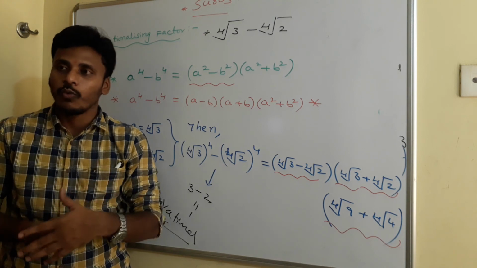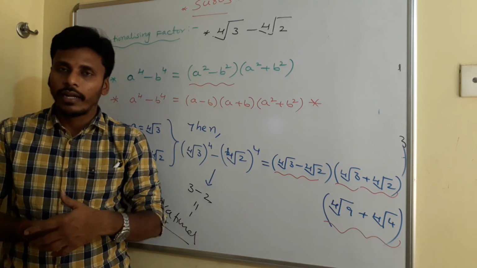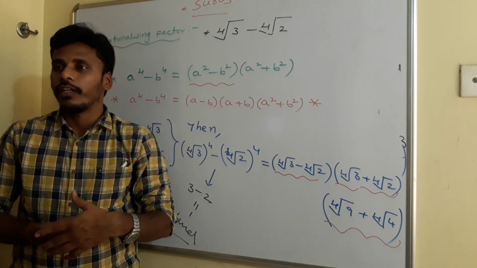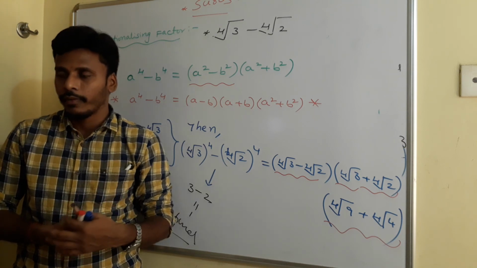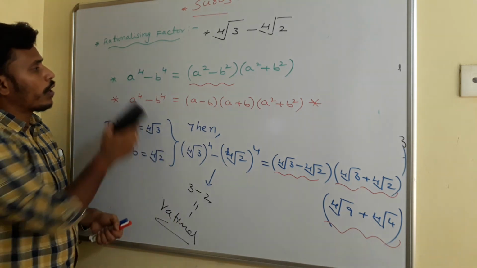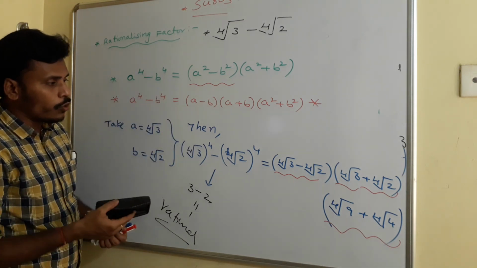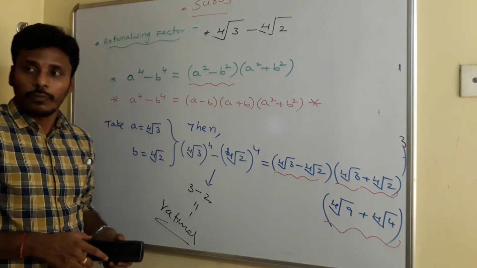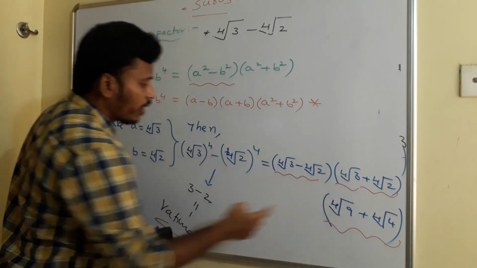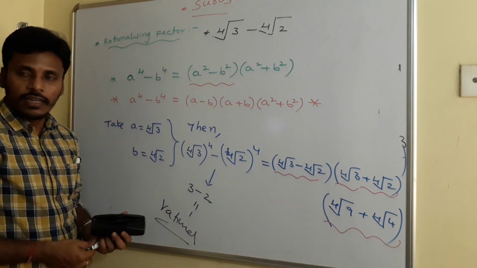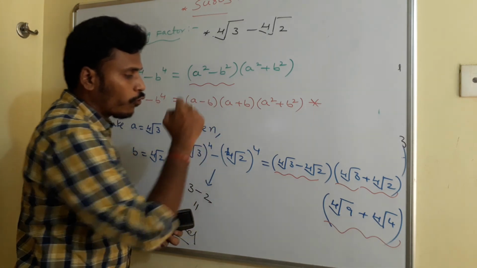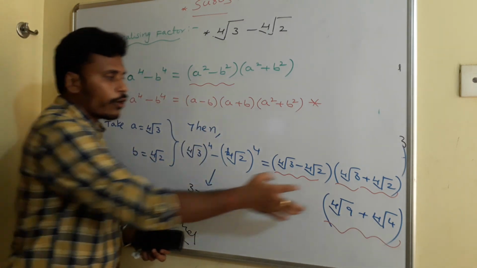If you are passionate about this, we have some problems in our practice sheets. Go through those, and I will give you the proofs again. Now I will mention one more problem. Once you check the problem, I need to conclude some more things from it. The product of these three things is a rational number. So the rationalizing factor for 4th root 3 minus 4th root 2 is the product of this one.